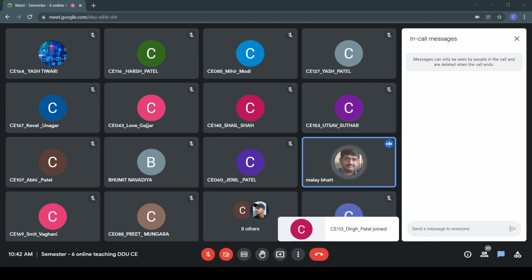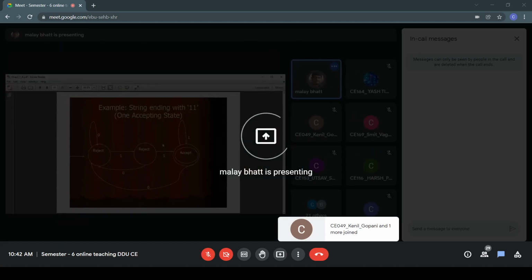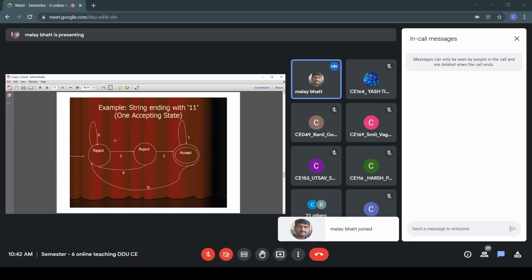...is ending with 0, and the states in which strings are not ending with 0. Then we have taken another example as well, that is any string ending with 0 0 or 0 1, right? That kind of example we have also seen in the last session, you can recall, right? The same situation is here, string ending with 0 0, or we can say string ending with 1 1. So this is how we can construct the diagram.